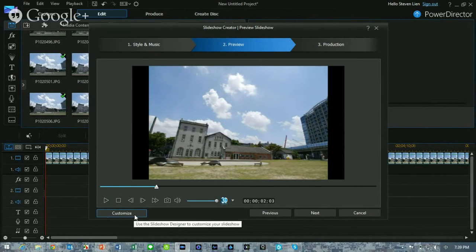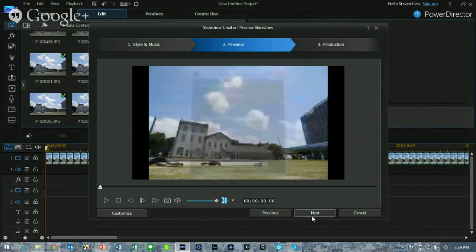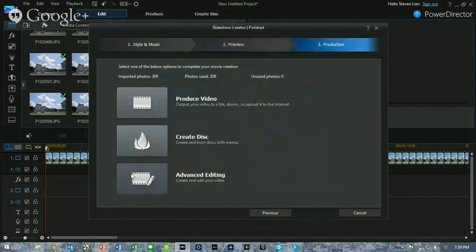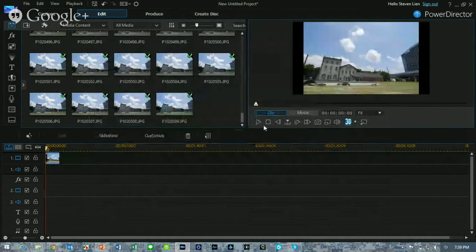And to set the interval of each photo, click on Customize. So you can set 1 frame per photo. Click OK, and click Next, and go back to the advanced editing mode. Okay, so now you already have the time-lapse clip. And the next step is to export it to a video. So go to Produce,